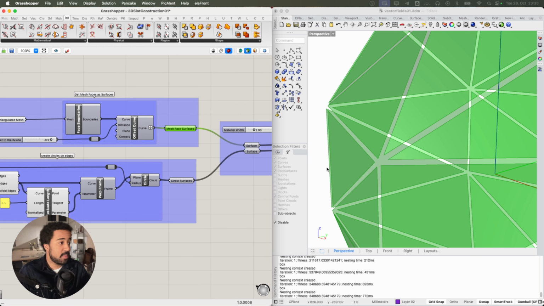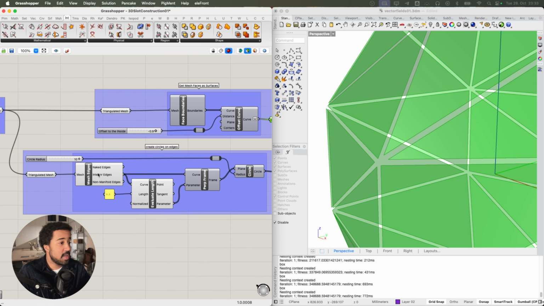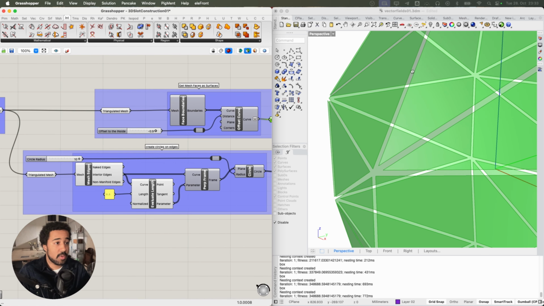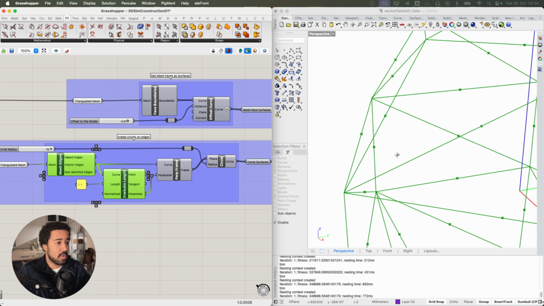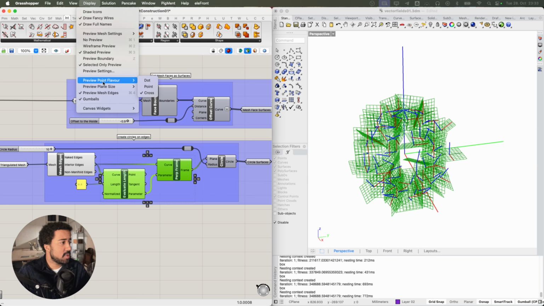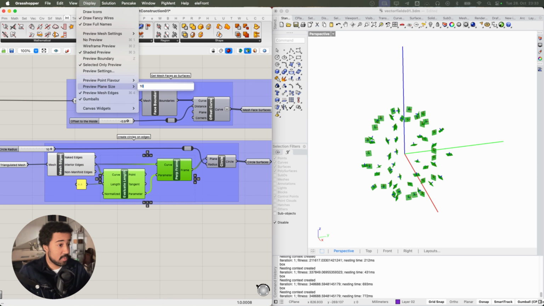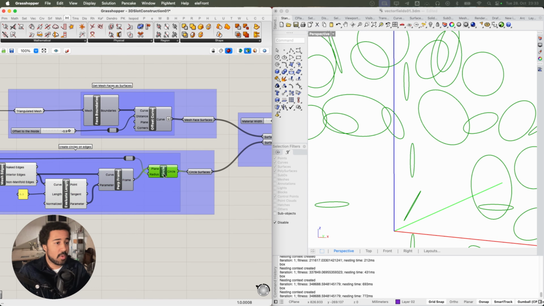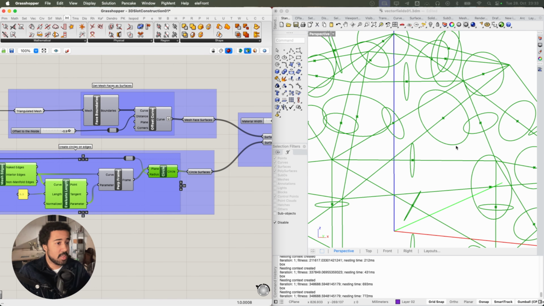So we have these mesh surfaces, and we will also create circles on each of the midpoints on the edges between two faces. So we get the mesh edges, we evaluate their length, and get the midpoint on each of these edges and create a perp frame there. Let me reduce the preview plane size so this is easier to see, like that. So now we just created a perp frame, and here we then draw a circle on each of these